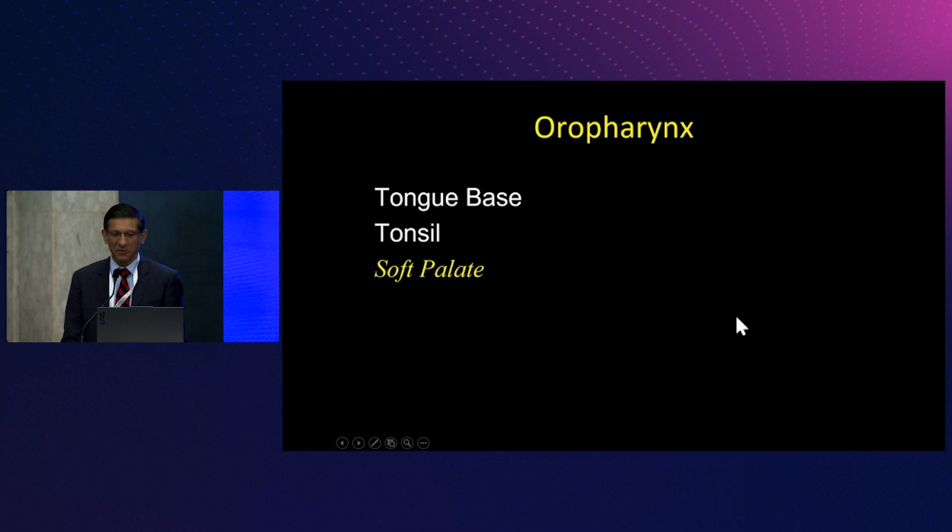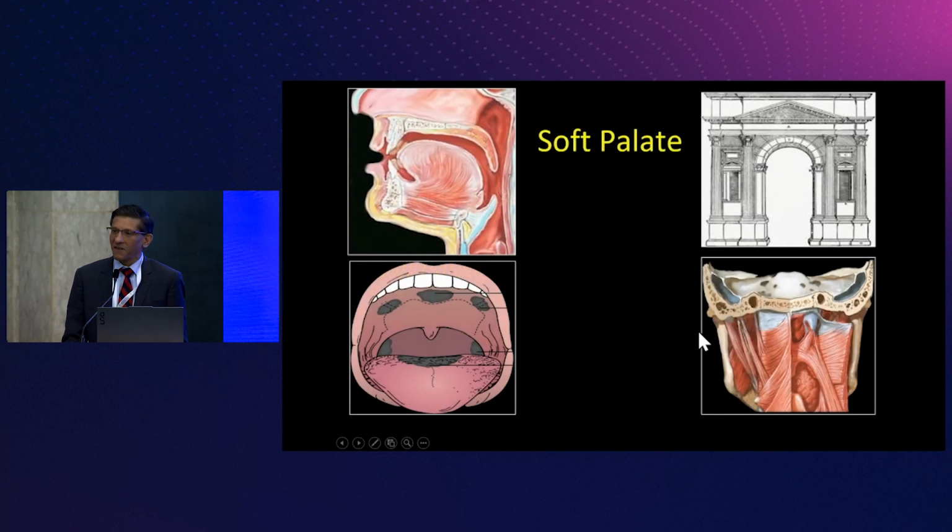So the next area that we'll talk about is the soft palate. And again, as Dr. Weil mentioned, the soft palate is that structure which is located posterior to the hard palate. It just kind of sinks down here, flops down here, and there's the uvula. So when I think of the soft palate, I think of the palatal arch. When we look at the palatal arch, we have these two muscles, and these two muscles are the Italian muscles. They're the tensor veli palatini and the levator veli palatini.